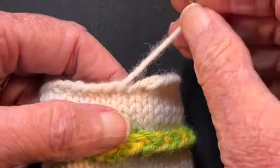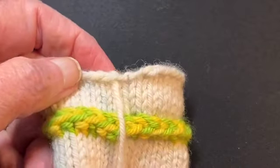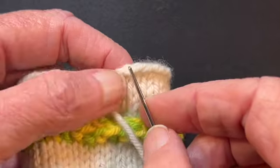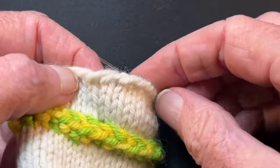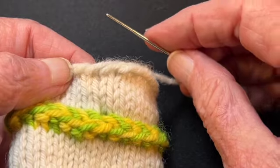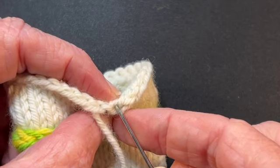Okay, so now we're working on the cast on tail, and I've threaded it onto my tapestry needle. So we can see the swoops coming along here. That's the thumb yarn, and the swoops going over here. We just want to make a new swoop and make it fit right in, just like that. So we've got this. I'm just taking it just like this and making it fit in. So if we're going to take it down right here